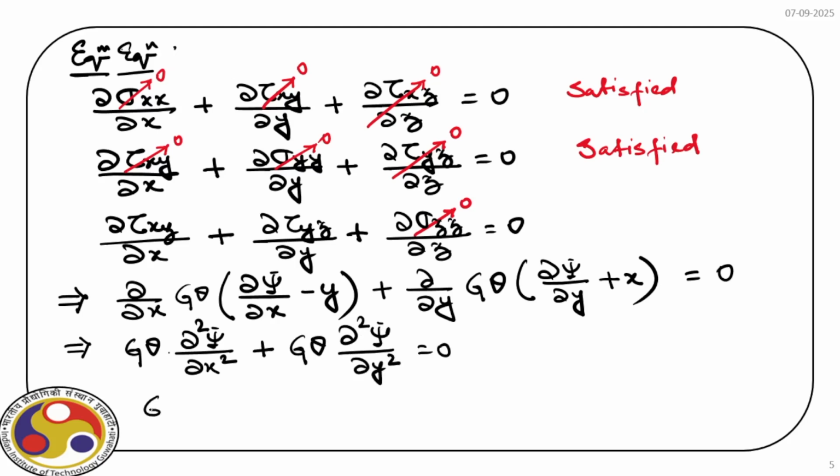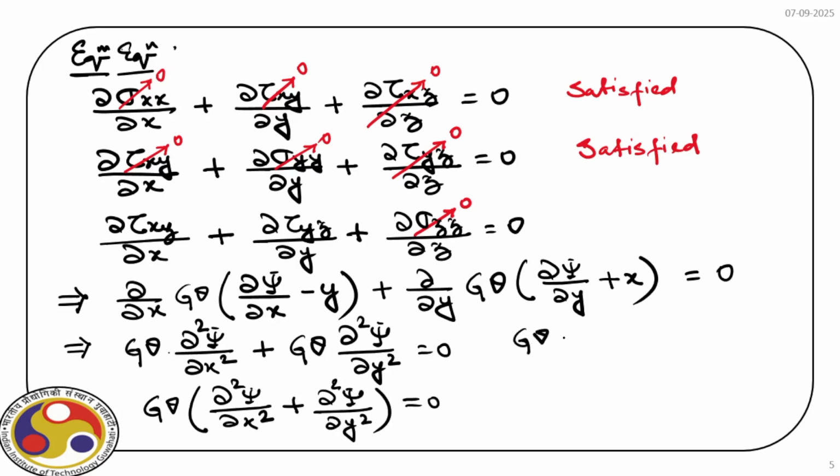So ultimately we get G theta times. Now obviously G and theta are positive values, not equal to 0, so we are left with